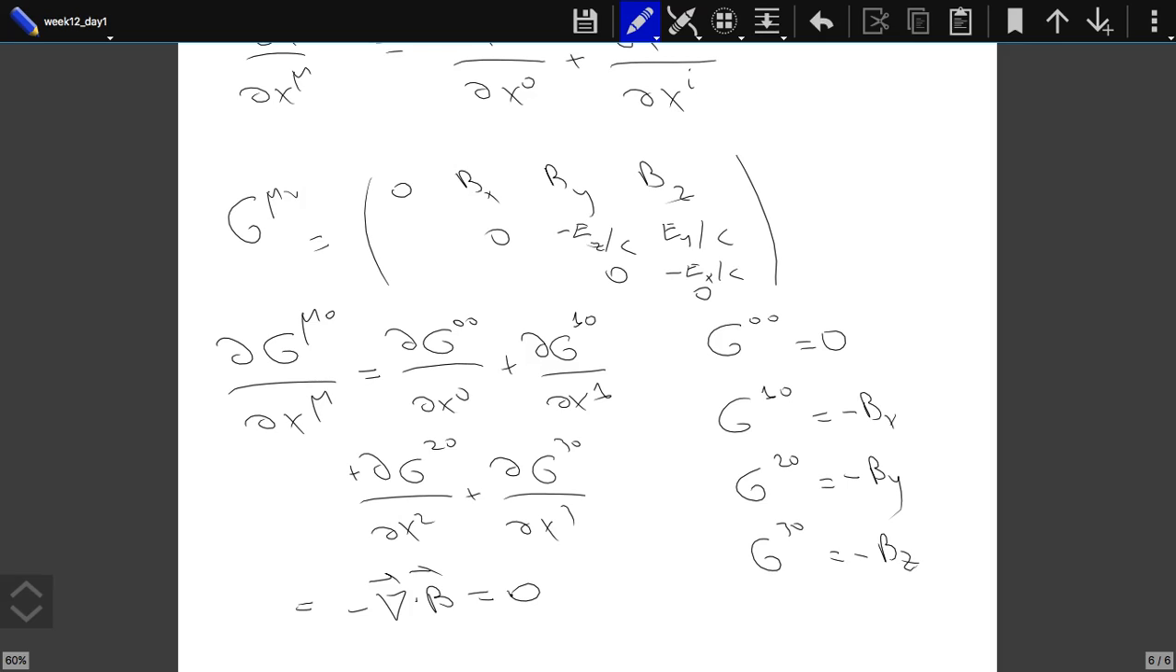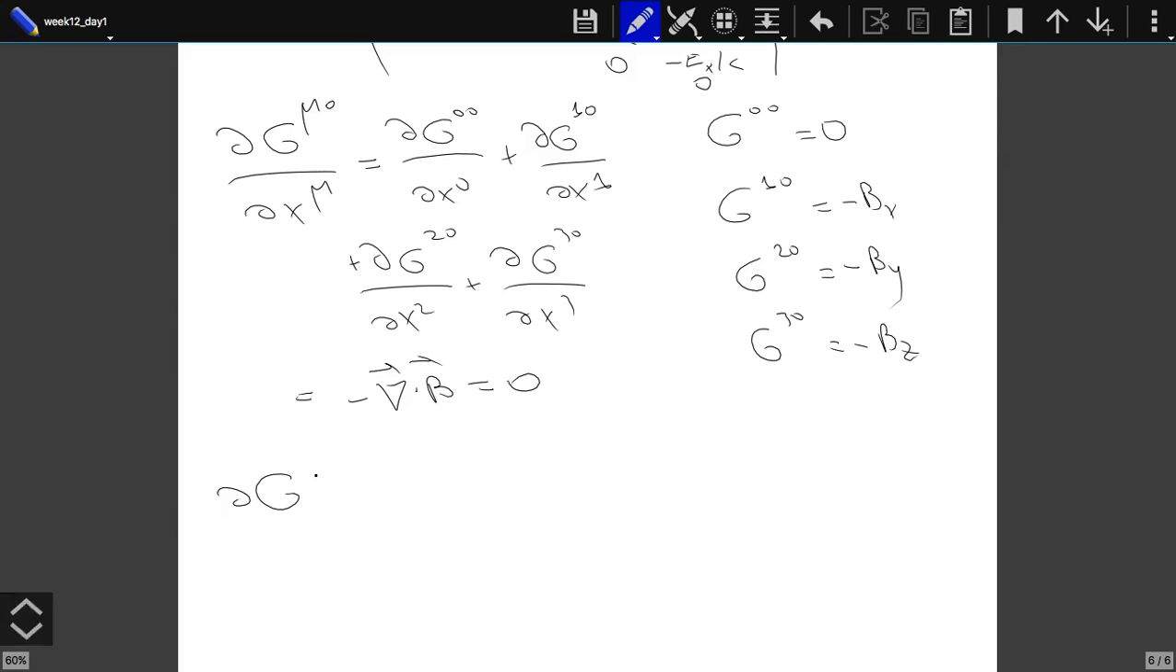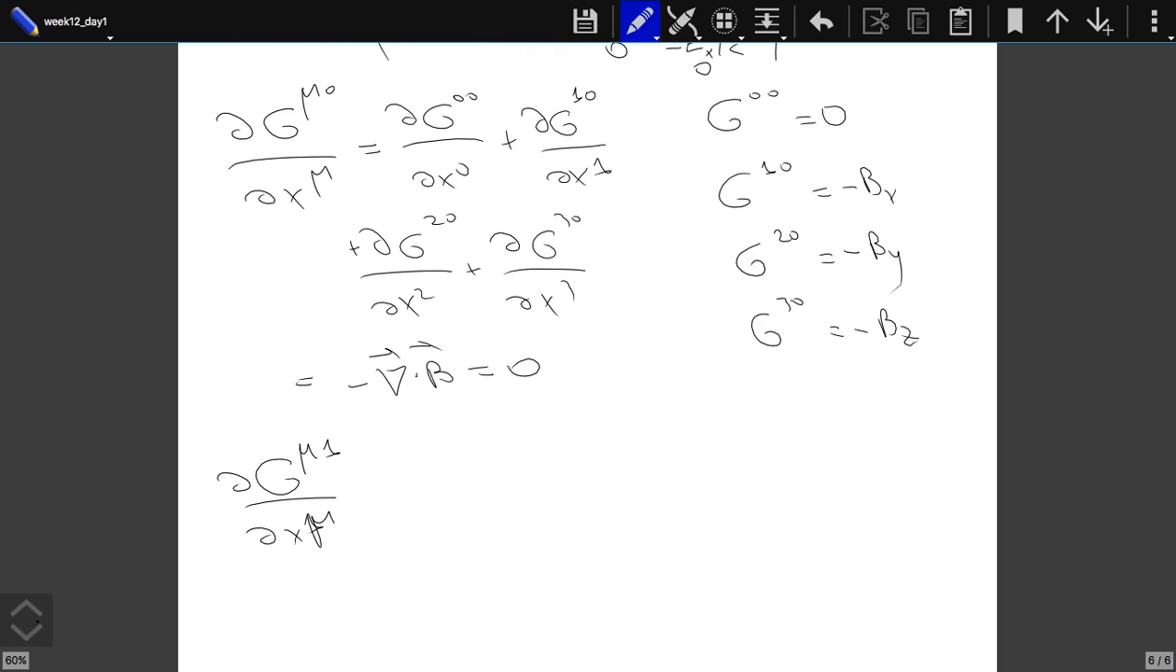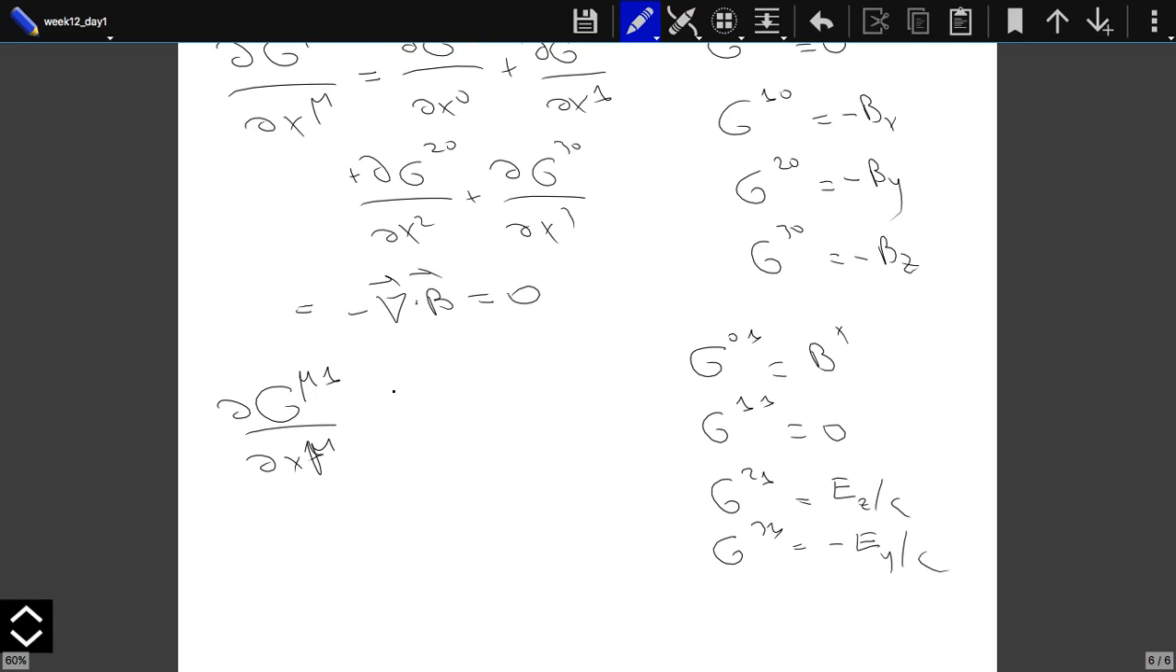Let me look at the other ones. Mu 1, del x mu. Now I will look at the first row of G. G01 is Bx. G11 is 0. G21 is Ez over c. G31 is equal to minus Ey over c. So this is equal to the derivative of G01 with respect to x0 plus the derivative of G11 with respect to x1 plus the derivative of G21 with respect to x2, plus the derivative of G31 with respect to x3,